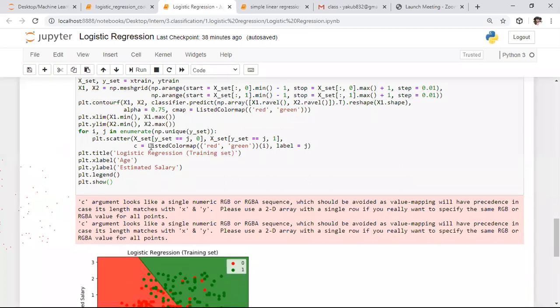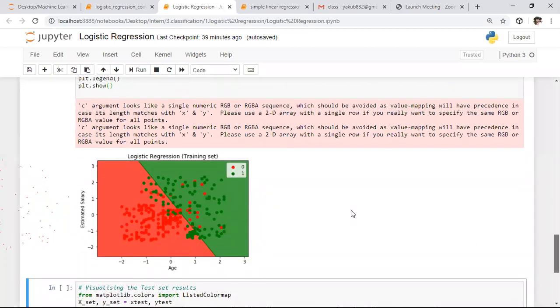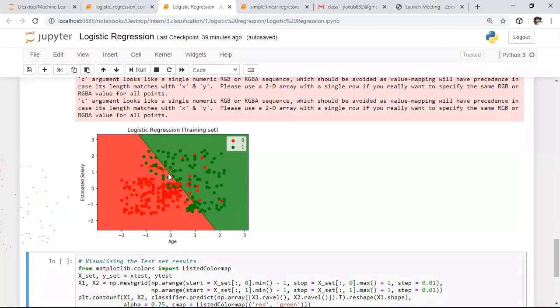After that, we plotted the scatter plot. In the scatter plot, whatever points lie in this region are plotted with the red color. To represent the points, we took the help of the scatter plot. These are nothing but the training data, so to train the machine, we consider this data. In the green region, we have some red points, and those are wrong predictions. In the red region, we have green points, and those are also wrong predictions by our model. Now I want to test the same thing with our test data.